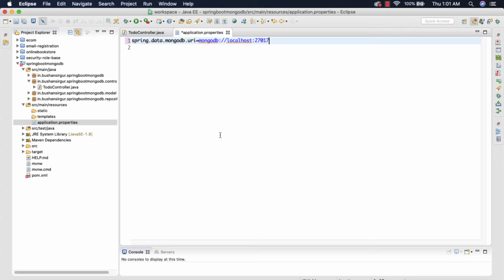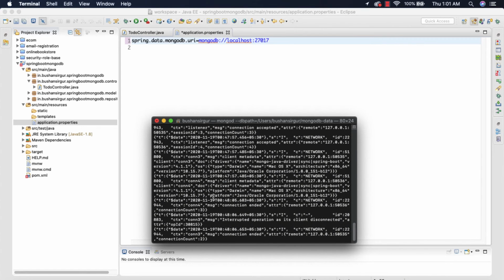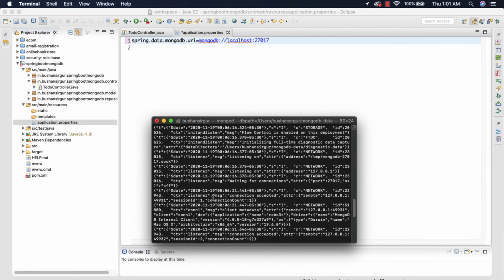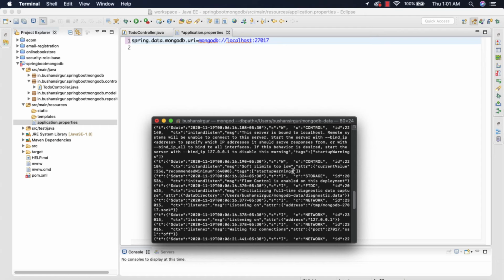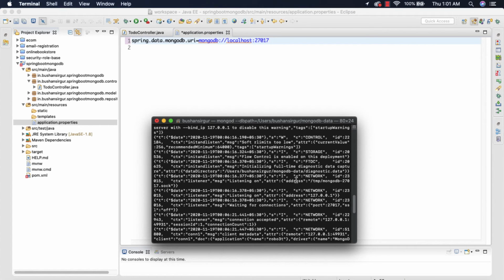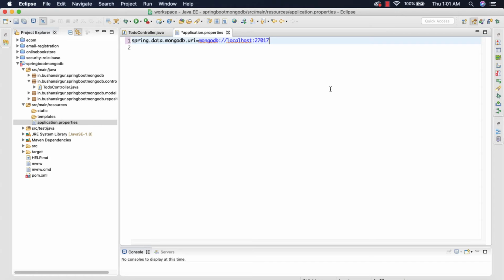27017. I have already started the MongoDB database in my console, so let me open the console, and if you scroll up you can see the default port number, which is 27017. So I'm going to specify the MongoDB port number 27017 / the database name.